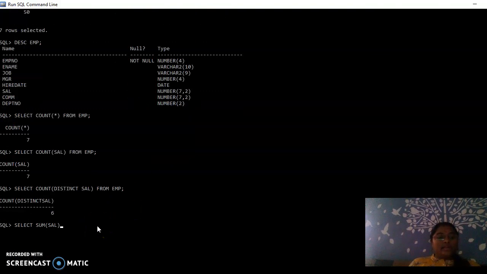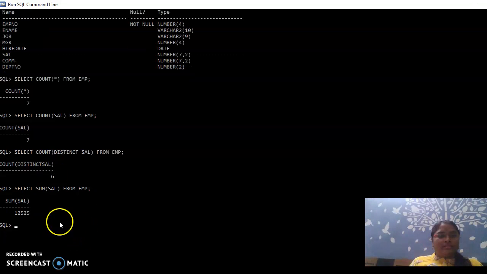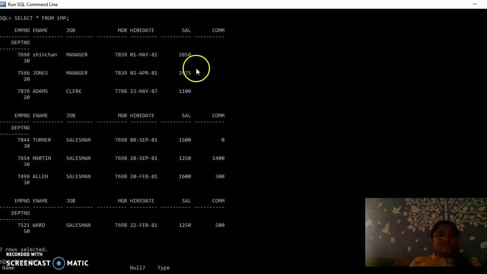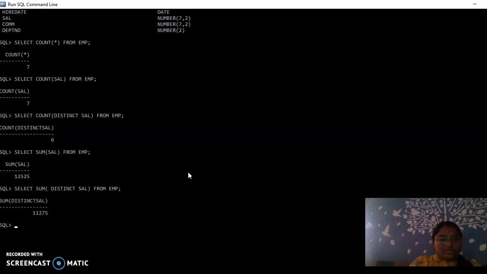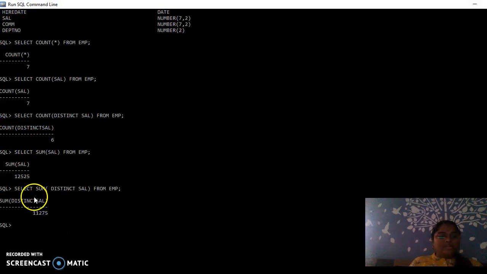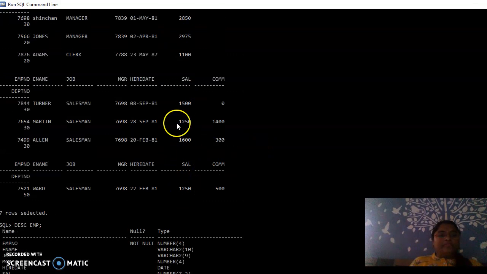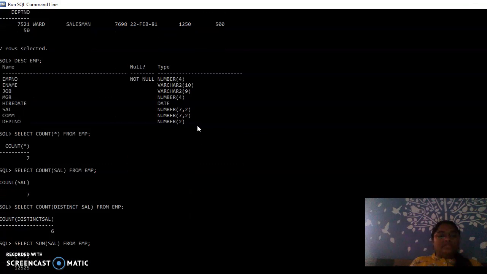So I can write sum from EMP. So I got the total value. This is the combination of 2850 and the rest. If I add all these things, I will get this. But if I write distinct, what happens? The same thing. This. So I did not get the same total because here, whatever values I have taken, 1250 is taken as only one value. So I will get